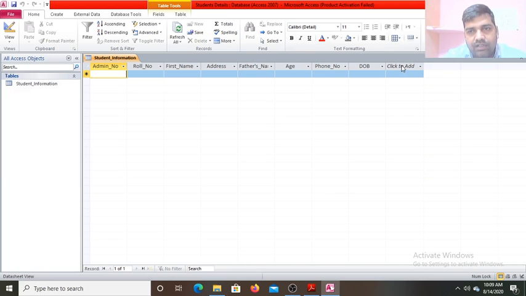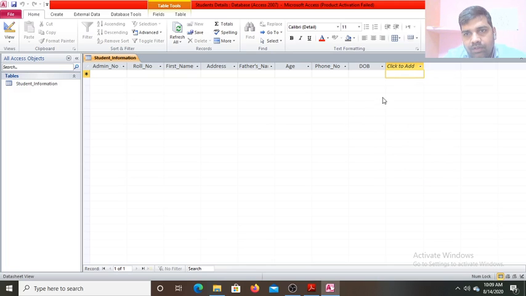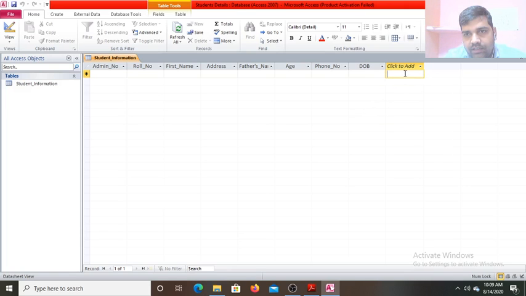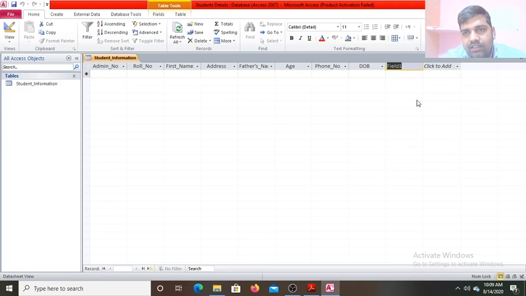Another thing, at the end we have to add the date of joining. Click to add, and set its type. Since it is joining date, you can set date and time.